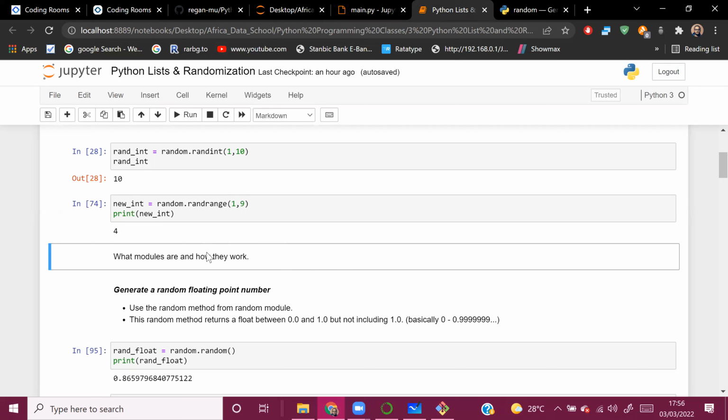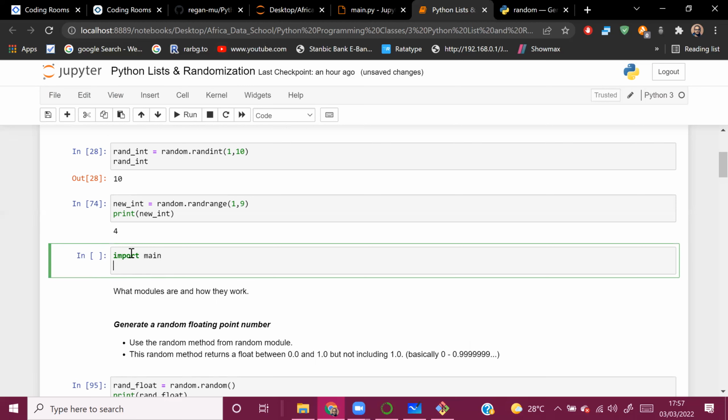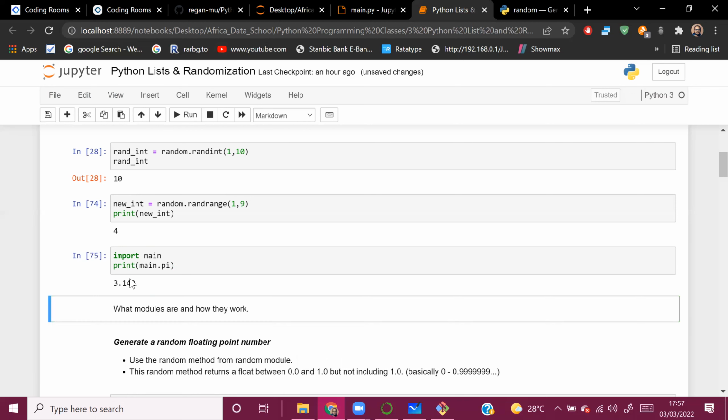We can import that file as a module. Basically, you import a module using the name itself. You don't include the .py extension. So if we were to import that main.py module, let me insert a new cell here. You're going to say import main. And then if we want to print the value of pi inside that main module, we're going to say print main.pi, because there's a pi variable inside that file, and it should print